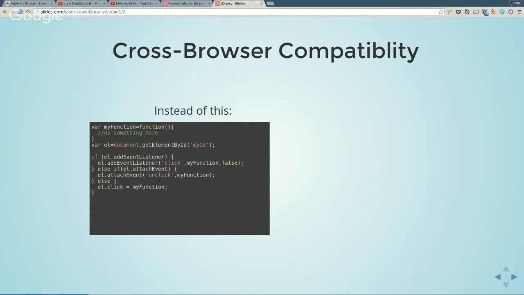They couldn't use click, they had to do onclick. That's the kind of stuff we're talking about, totally different worlds to get all browsers to do the same thing. And so jQuery kind of came out,